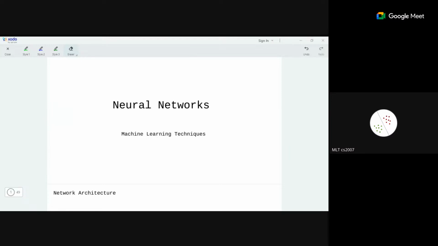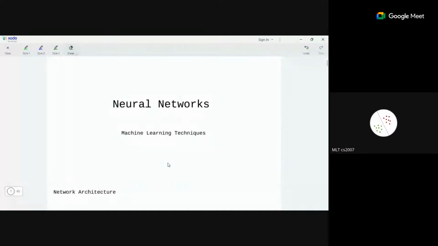Okay, so let me go over this quickly. Before moving on, if you have any specific doubts where you want additional clarification with respect to neural networks, just let me know so that I can stop at that point and explain. Okay. So neural networks, as you know, so far all the classification models that we learned